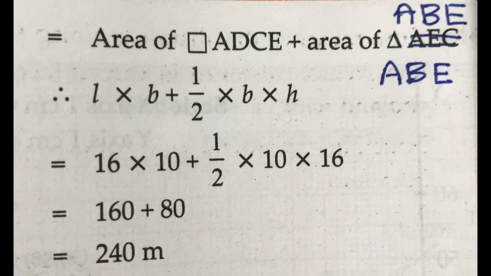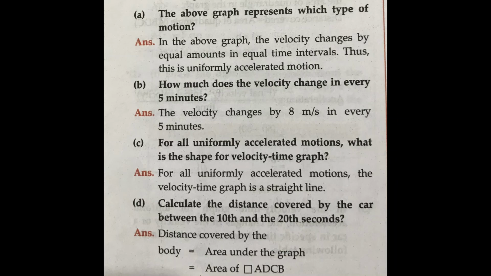So again, whether you find the distance covered by the graphical method, that is by finding the area, or by the regular method, in both cases you are getting the same value. So this is the importance of the graph. Now what will be the questions asked? They will ask you to draw the distance time graph for a uniform motion and for a non-uniform motion. They might give you the same values. Otherwise, they will give you the graph and ask questions.